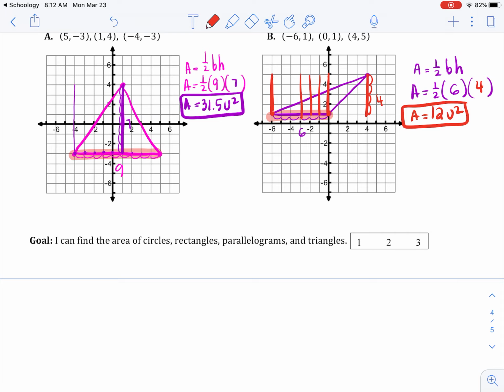Okay, so that's it for today. Area of those figures. We had a circle, we had a rectangle, a parallelogram, and